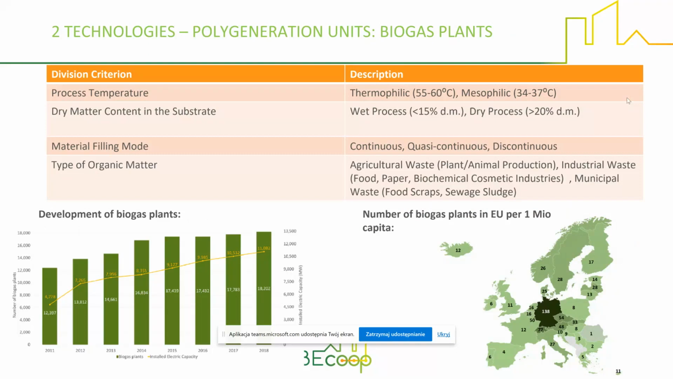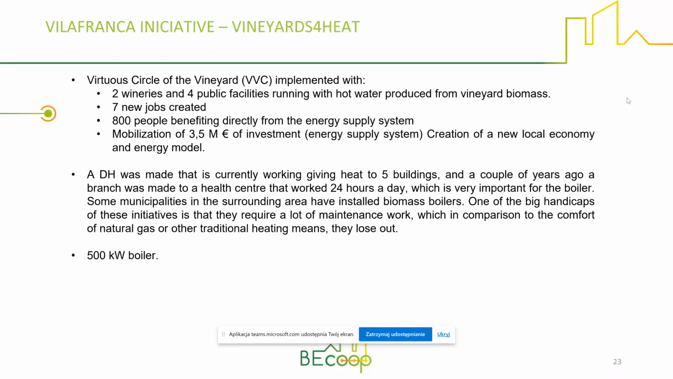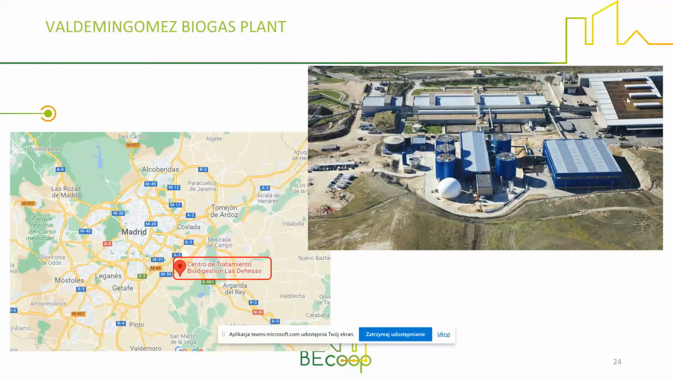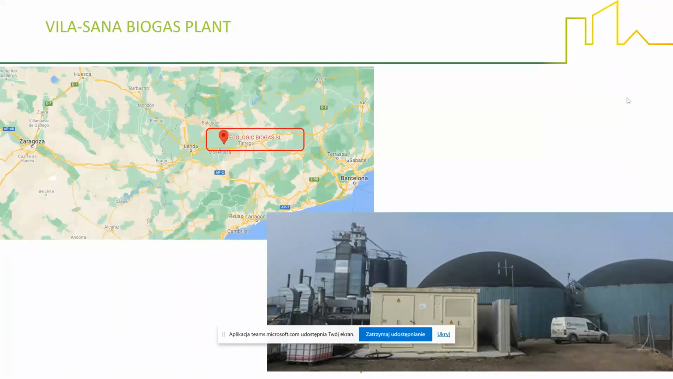There are also some classification criteria in terms of biogas production. I was mentioning this before. It depends on the types of processes and on the temperature we use, thermophilic and mesophilic. I also wanted to show you several examples of existing biogas plants from our partners in the BECoop project. You can see that there are several existing biogas plants with very high efficiency in terms of the amount of methane produced in countries like Spain. This is one example of an existing biogas plant in Spain. This biogas plant is in the treatment center near Madrid, a technology park for urban waste treatment using a biogas cogeneration unit with an 18.9 megawatt plant. And also another biogas station close to